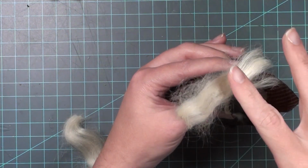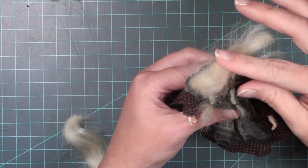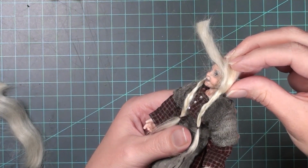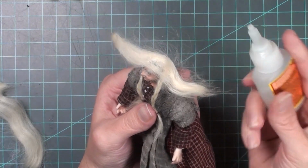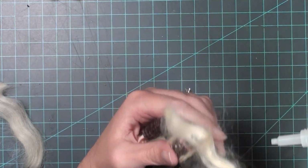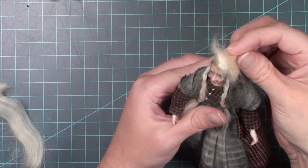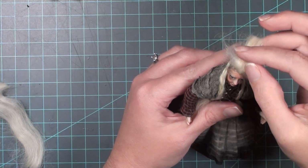So I'm just going to do part of her head at a time, half of her head at a time, and that's going to create the part that I'm looking for. And it was about this time that I realized that super glue works a lot better with mohair. The viscose will dry almost immediately with tacky glue, but the mohair, it doesn't want to dry at all and